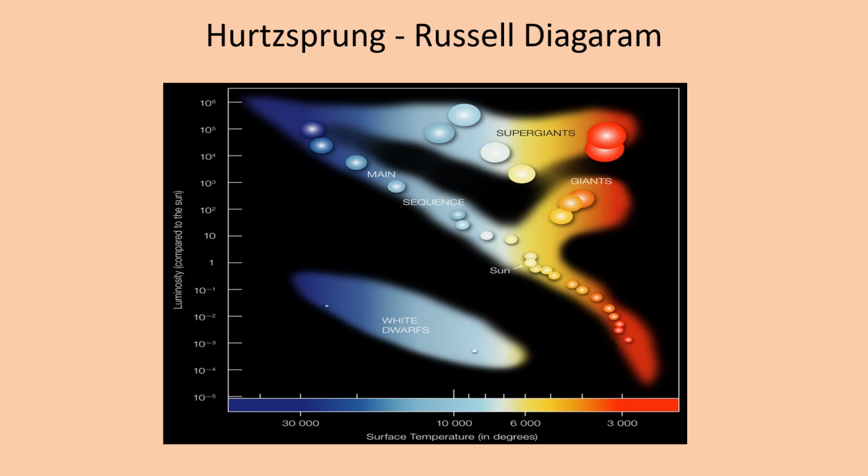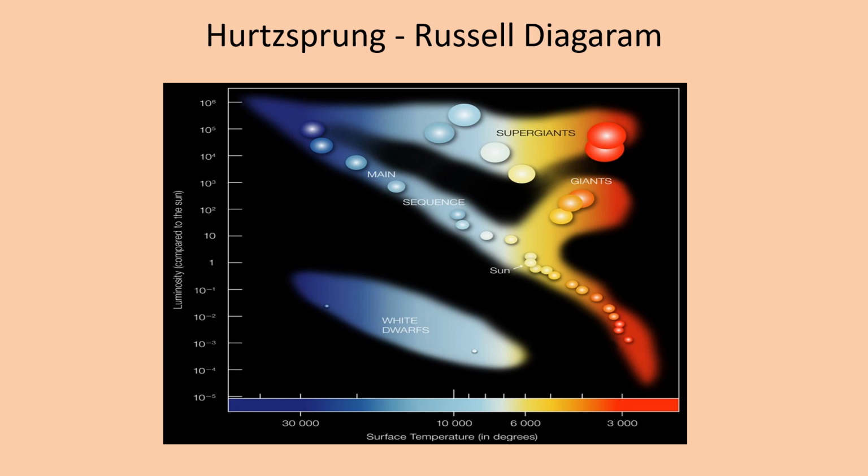Now moving towards the upper right side, we get the giants, which have a temperature range from 5,000 to 3,000 Kelvin and luminosity of 100 to 10,000 luminosity units. Towards the right of the plot, it shows the giants, also known as red giants. They form from low mass stars after the hydrogen fuel is exhausted, and they are relatively cooler than main sequence stars but show more luminosity than main sequence stars. They are enormous in size. Red giants are converted to white dwarfs when the fuel gets exhausted and all hydrogen and helium is over.